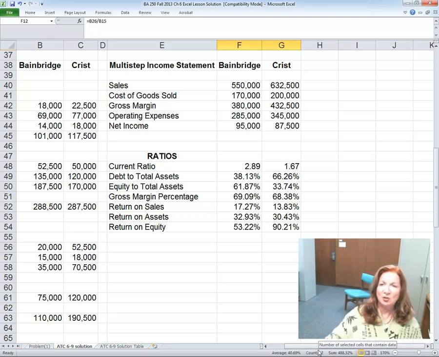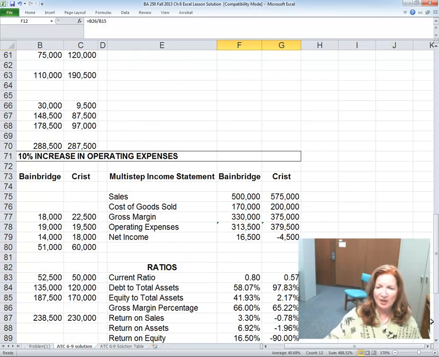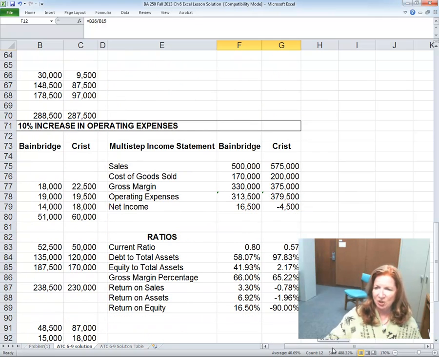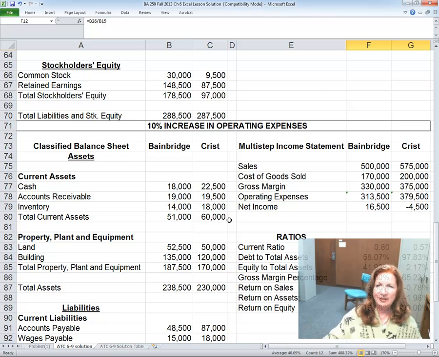I didn't ask you to do G, but I thought that I might like to show you what the solution to G looks like. So I want to come back over here. If we were going to do a 10% increase in operating expenses, we did this one other day, and I noticed that you had some trouble increasing a number by a percentage. But what you would be doing is notifying the reader right here,